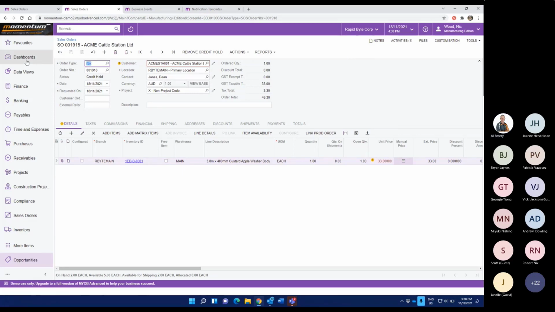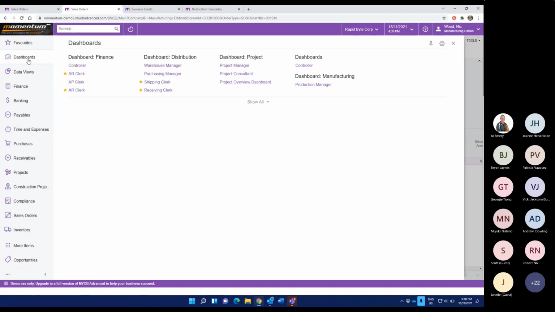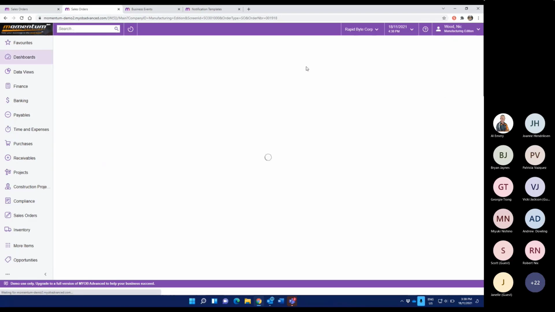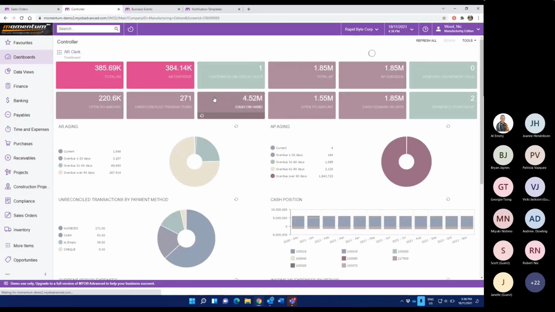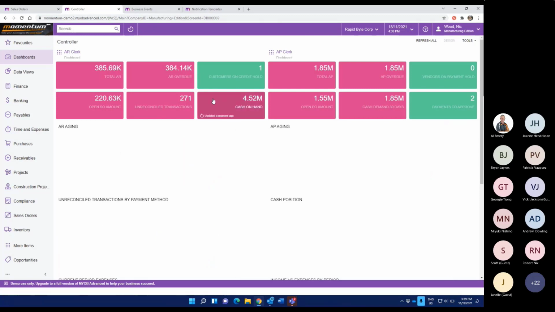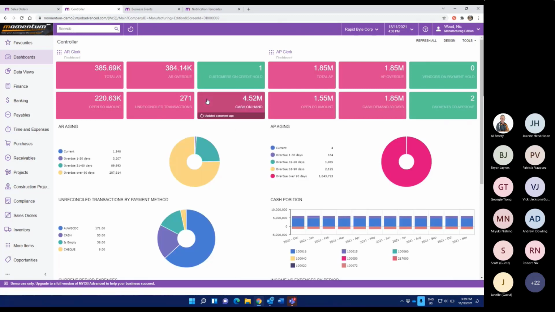The next part we're going to look at is the dashboards. As I mentioned earlier in the session, these financial controller, ARAP and controller dashboards are standard in the latest release of Advanced. Now they obviously come with various nice features, some which may or may not be relevant to what you would like a particular user to see. But we can use these as a good base to create dashboards specifically relevant to your business.